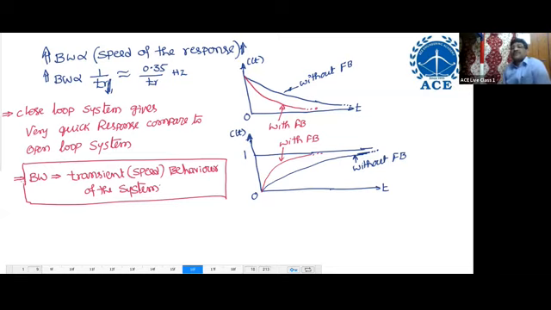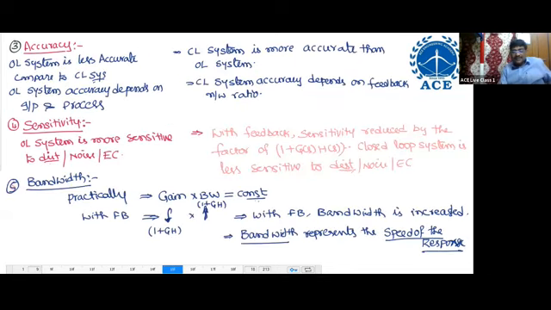So which system gives the quick response? The closed loop system always gives quick response as compared to the open loop system. Okay? Next comparison, the next one, the sixth one,